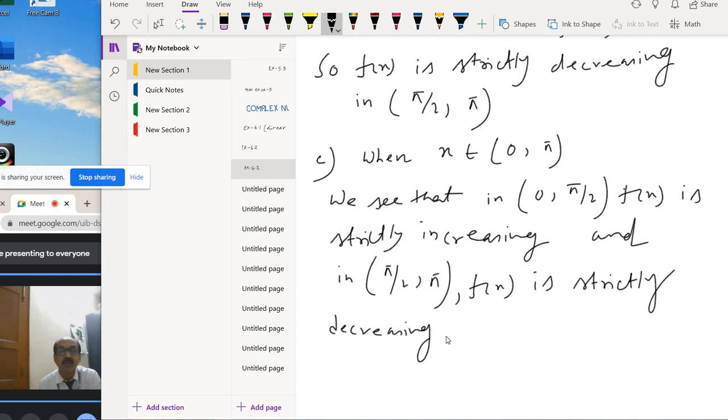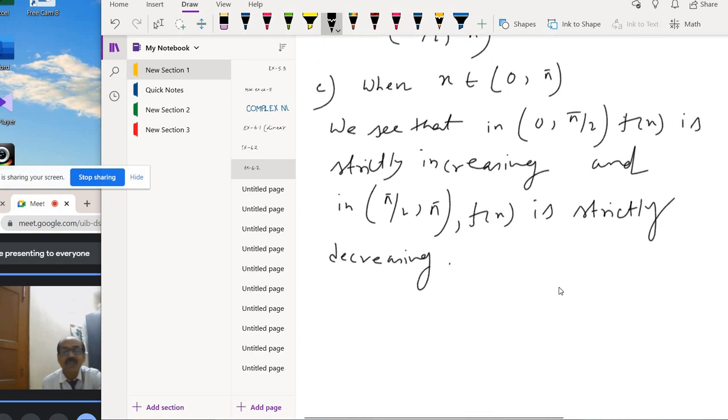Okay. So if you combine these two intervals, 0 to pi by 2 and pi by 2 to pi, we get 0 to pi. Now we can say in the interval 0 to pi,